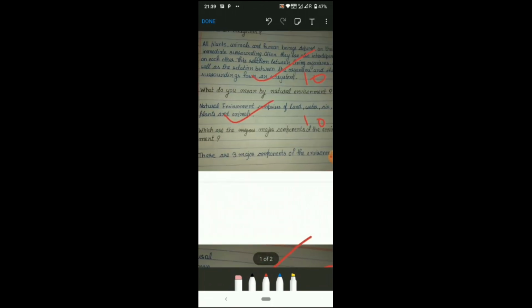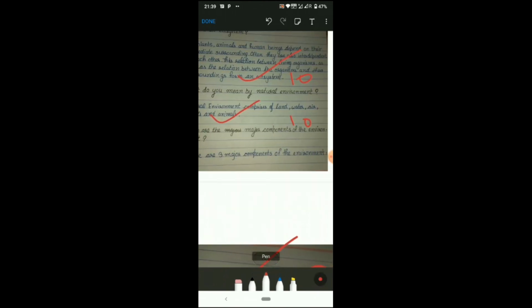And again, take the pen again. So now you can count how many marks your student received. So 10, 10, 30, 20, 30, 40, 50. Okay. So now the student received 50 marks. So you can take the pen again and you can just provide 50 out of 50.